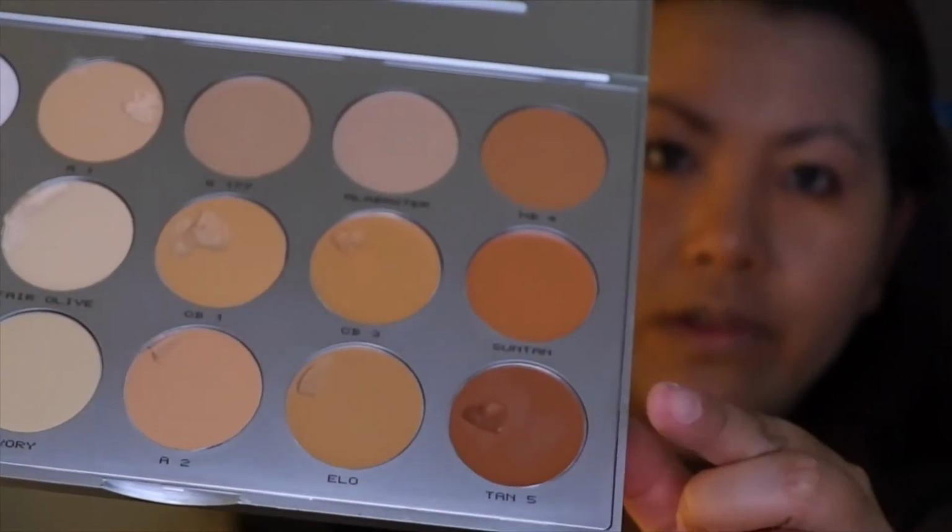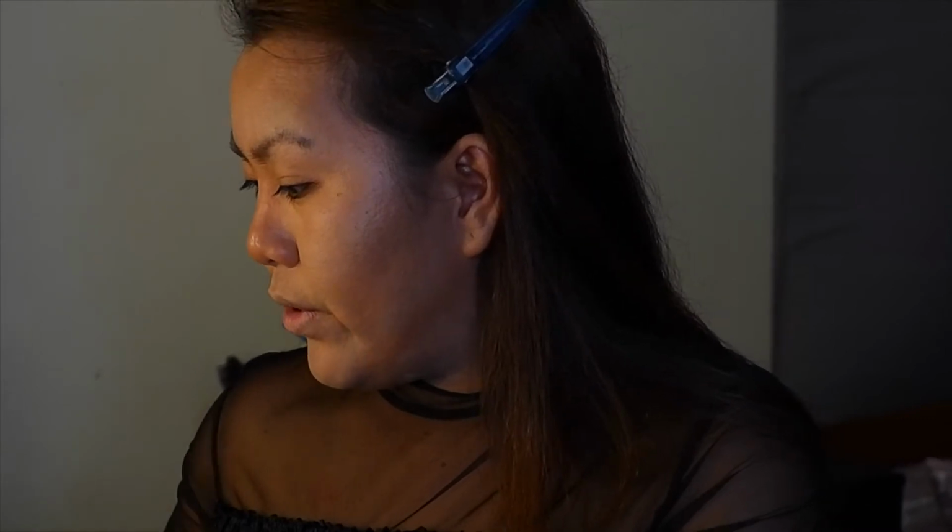So I'm also using the same palette. It's a foundation and concealer palette. But this time, I'm using this shade right here. This one. In Tan 5. So all after natin i-contour ang face, then we put